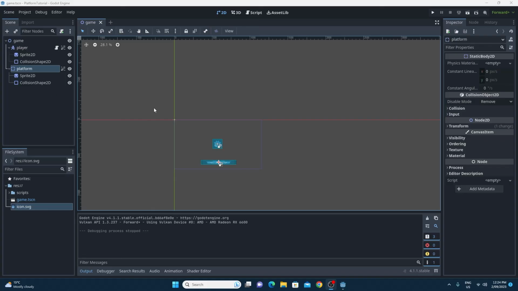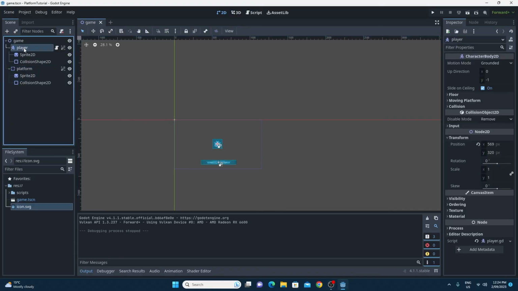So one of the key concepts that Godot works on is the fact that scenes have scenes inside them. The player node right now, we could leave it and it'll work perfectly well. But I'm thinking ahead and I know that I'm going to want to have more than one level. And so it'd be great if I could make a prefab or a pre-built version of my player that I could just drag and drop onto any scene. So I'm going to show you how to do that very early on so that you make a habit of